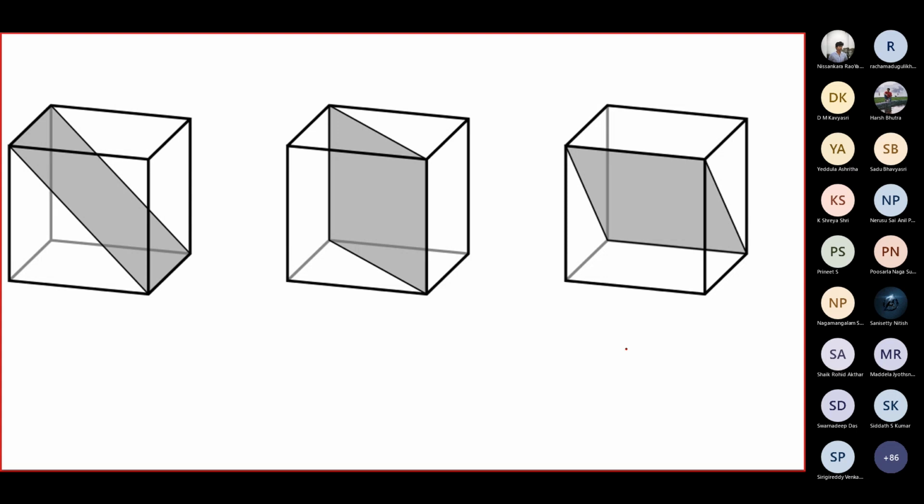I hope this is clear. Are there any doubts? Sir, explain number 3 diagram, sir. Number 3. What is there to explain? From this axis to this axis, it is inclined. Just like this. This is inclined from this axis to this axis. So simple.